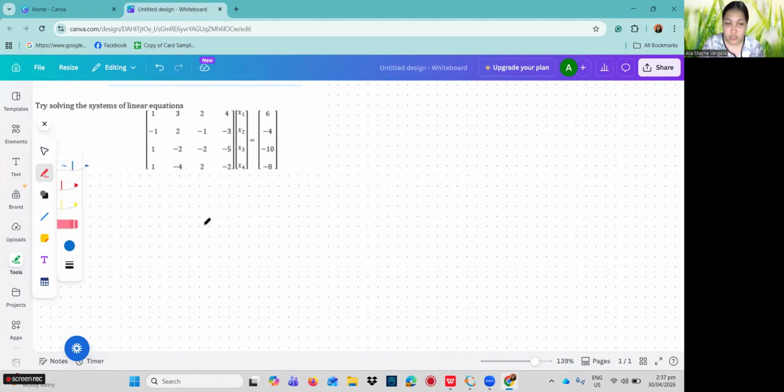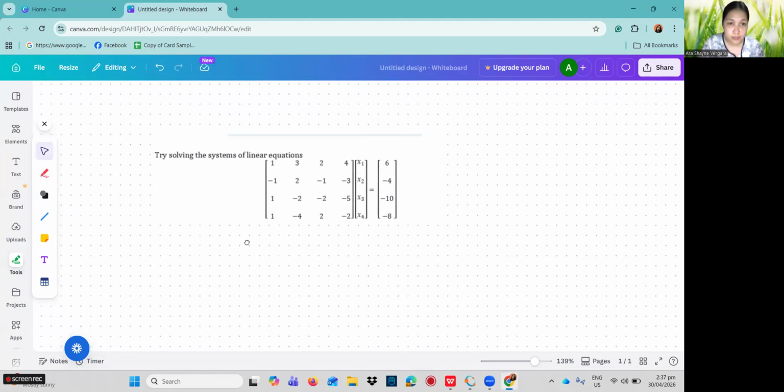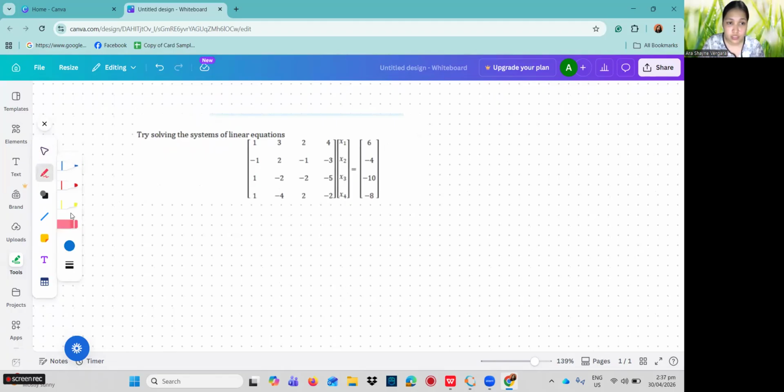So the first one is to make this all 0 because we need to make this all 1. Let's go first with our column 1. Let's just copy this: 1, 3, 2, and 6.